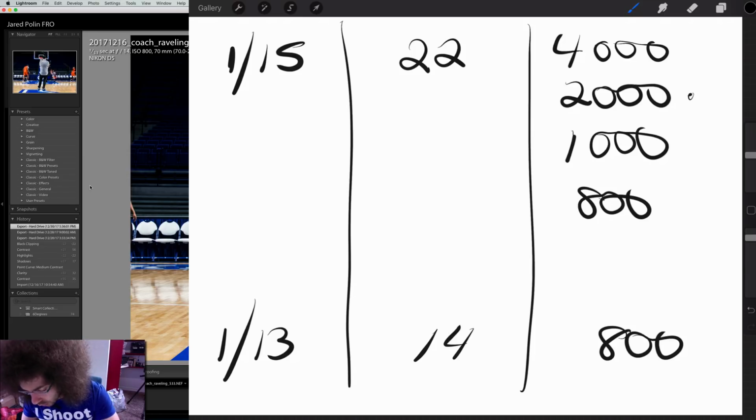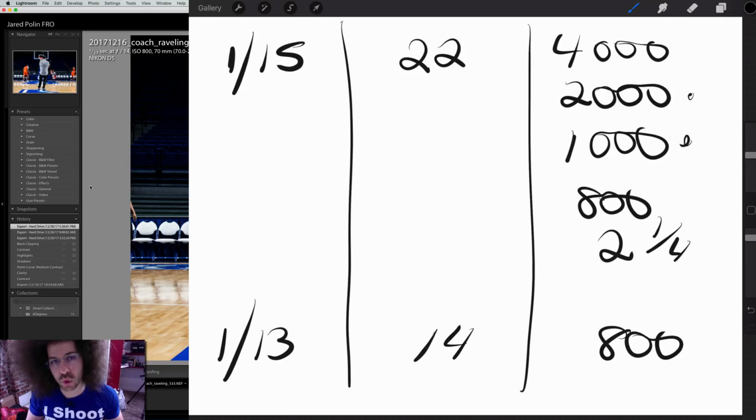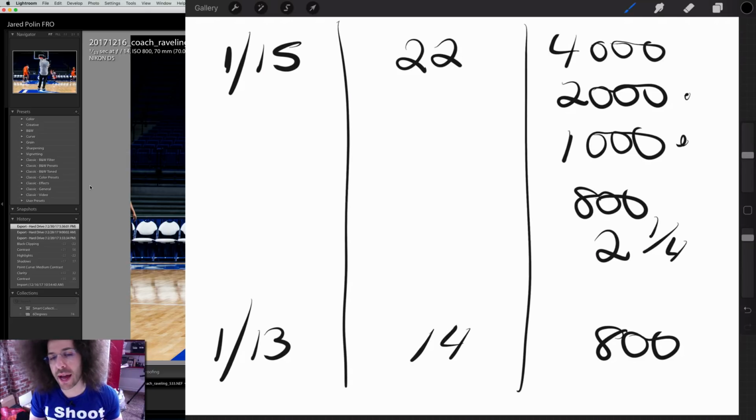So we just took 2 1/4 stops of light to get to 800, which is basically cutting down on how sensitive to light your image sensor is. Now, being that we took 2 1/4 stops there, let's look at what we're doing with our aperture. Because we took